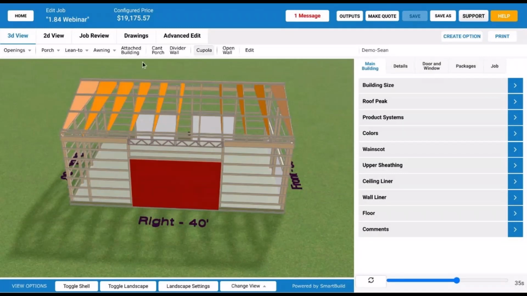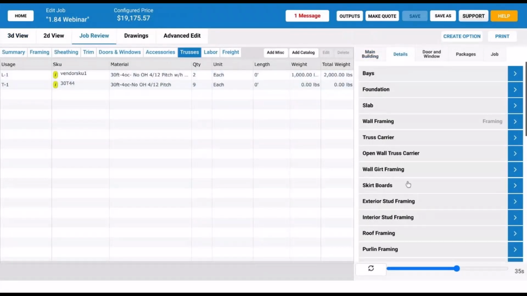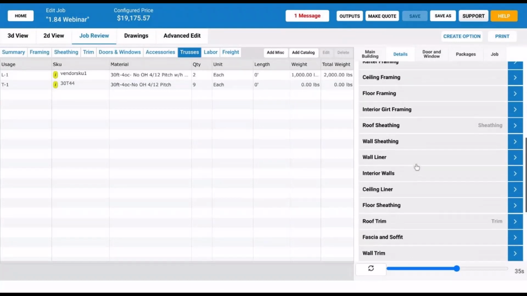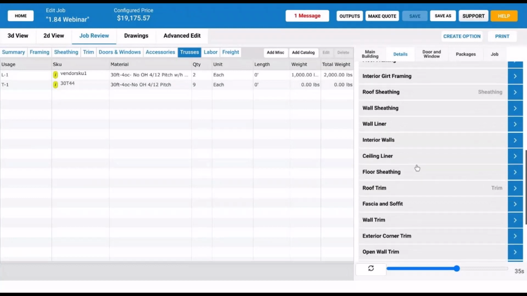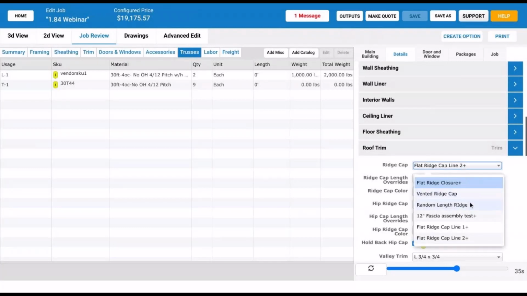Let's take a quick look here with these assemblies. For that assembly, that was a roof trim item because we were just looking at this ridge cap. You can see here I actually have selected that flat ridge cap line 2. When it has a plus, that means it's coming from an assembly. We could just use a different material that's not part of an assembly, but this is the one that we